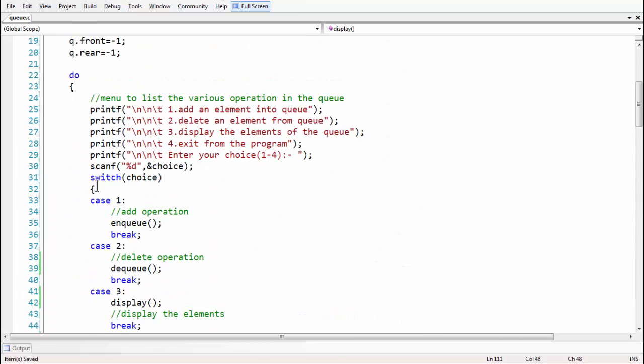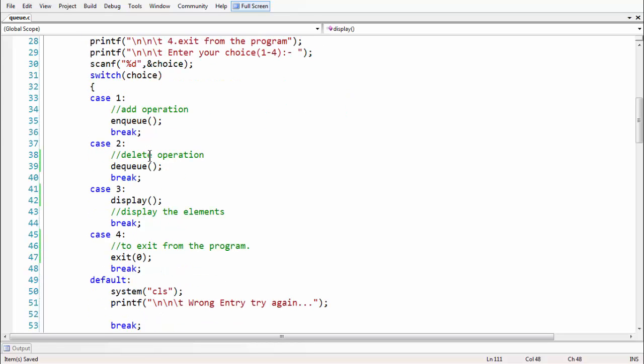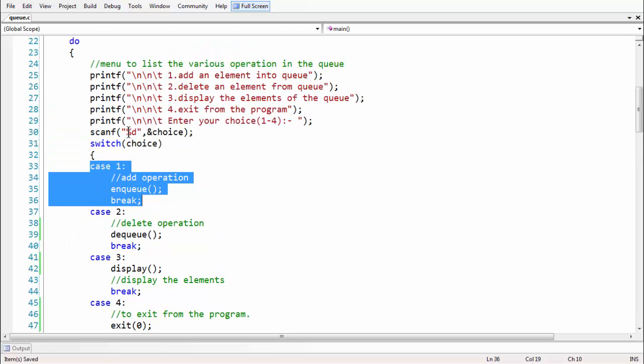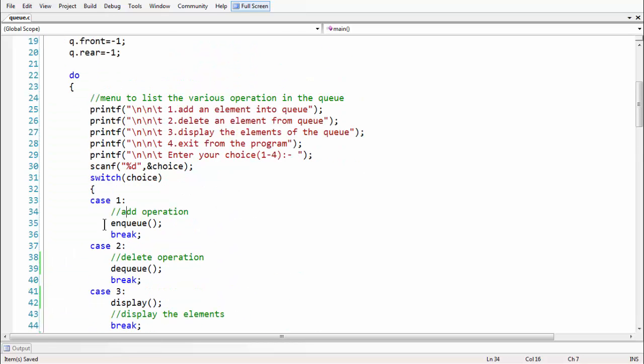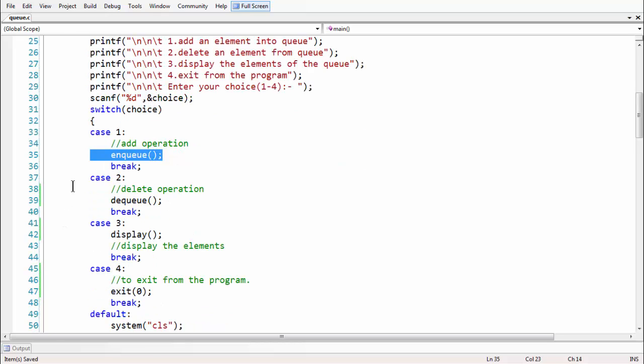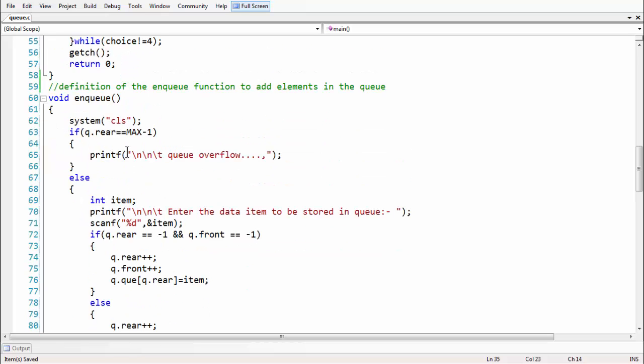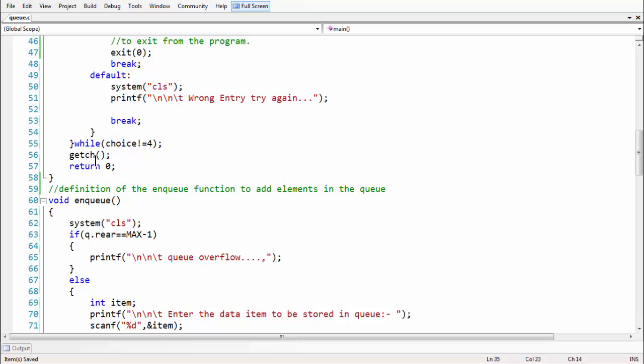We have called them appropriately according to the operation, in the particular case statement. In case one, since we intend to perform the add operation, we have called the enqueue function here. As soon as you call the enqueue function, automatically the control jumps to the function definition area, and it keeps on executing the code,